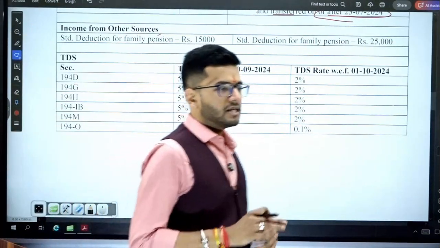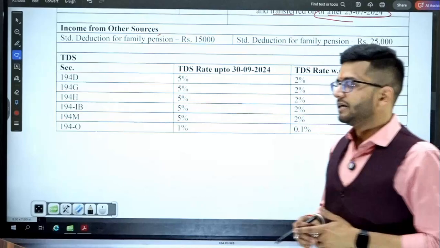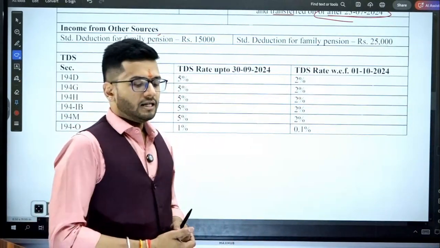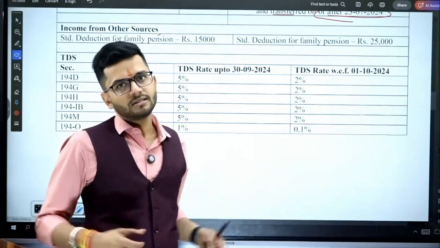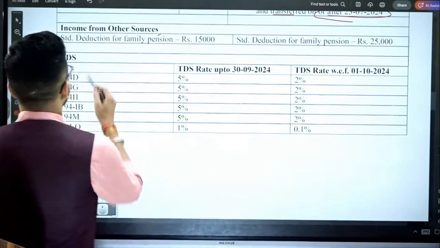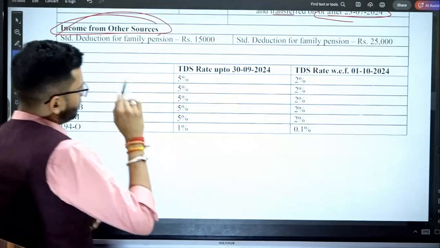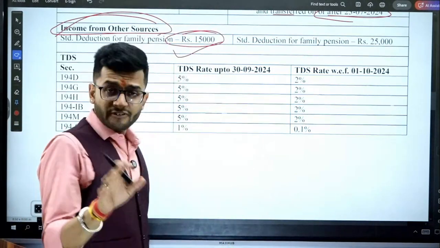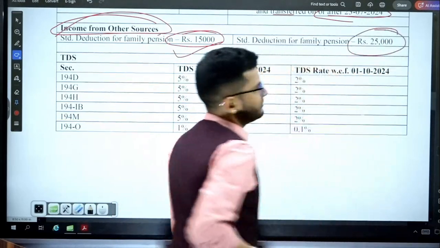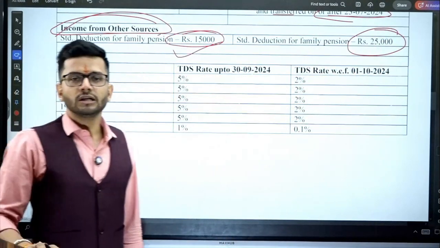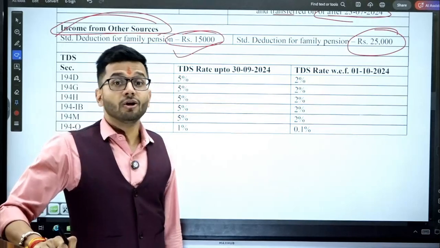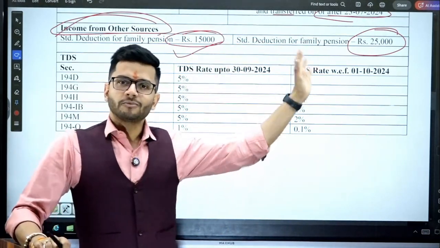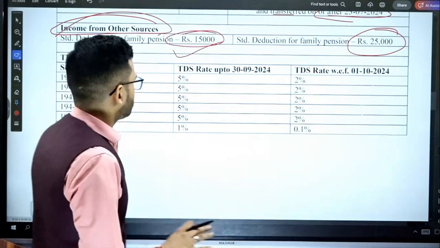Okay, sir. So yes, this capital gain tax rate amendment was the major amendment which has come by, which is applicable to June 25 attempt and December 25 students, to all the CMA students. All right, now income from other sources. Yes, there's a small amendment. The standard deduction for family pension earlier was 15,000. Now it has been increased to 25,000. That is a very small change which you should remember. The examiner will be able to give you a 1 mark question or a 2 mark objective type question from this particular family pension for sure.